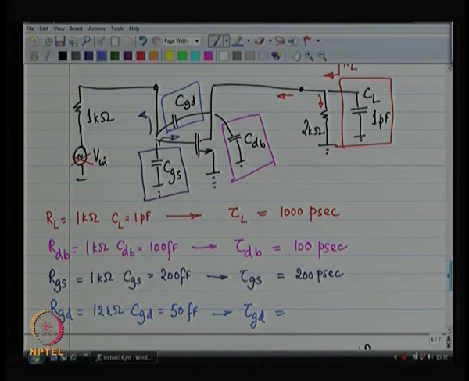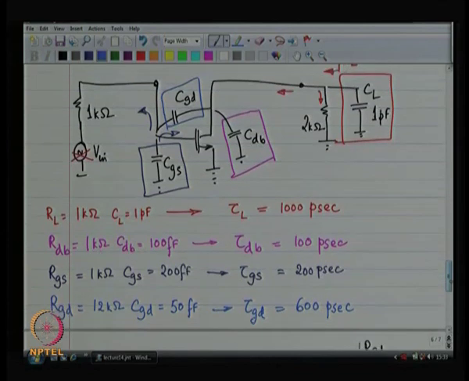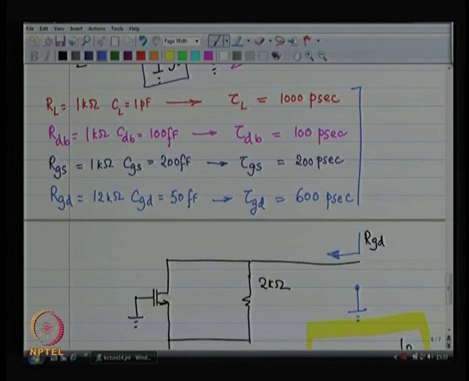So, tau for the gate to drain capacitance is 12 kilo ohms times 50 femtofarads, and that should give me 600 picoseconds, right. And then my next step is to add up all of these taus. So, if I add up all of these taus, then my total tau is 1900 picoseconds,